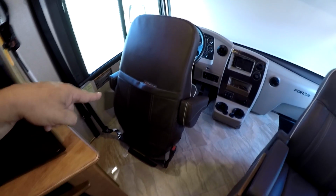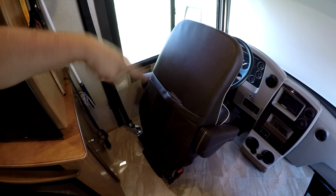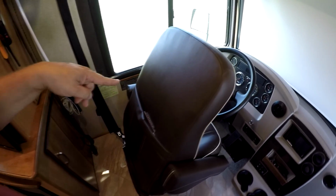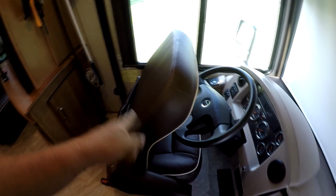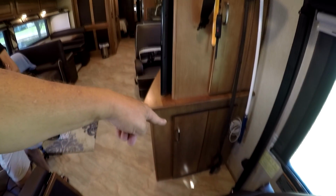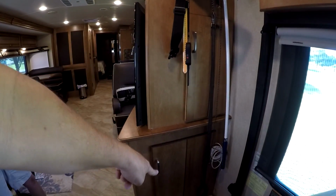When we're sitting still, not driving, this seat does turn around and it can become another seat for the living room. But what we found is that we like to move it all the way forward and tip it up, because behind this seat in the TV cabinet we've got two big storage compartments,